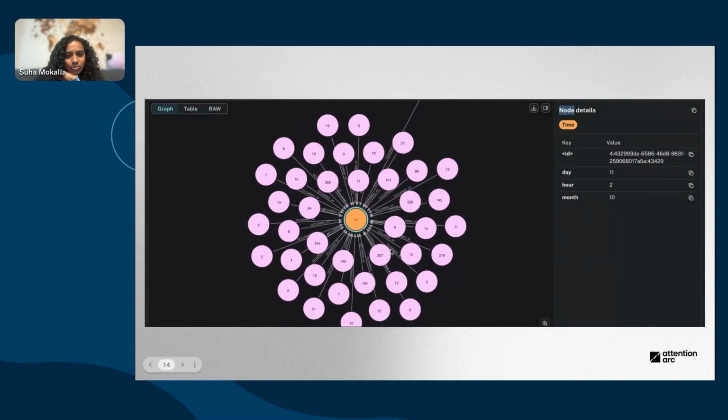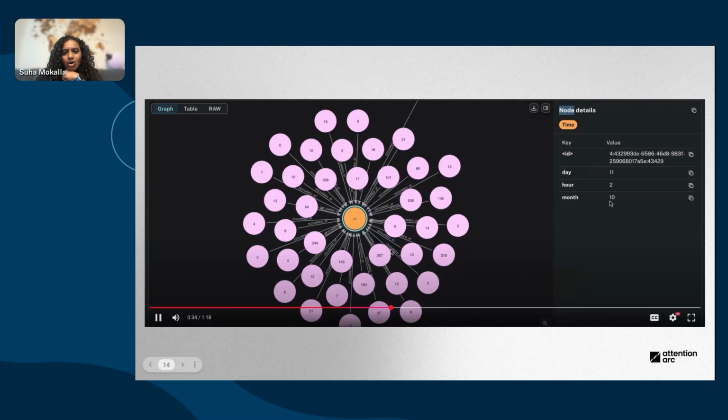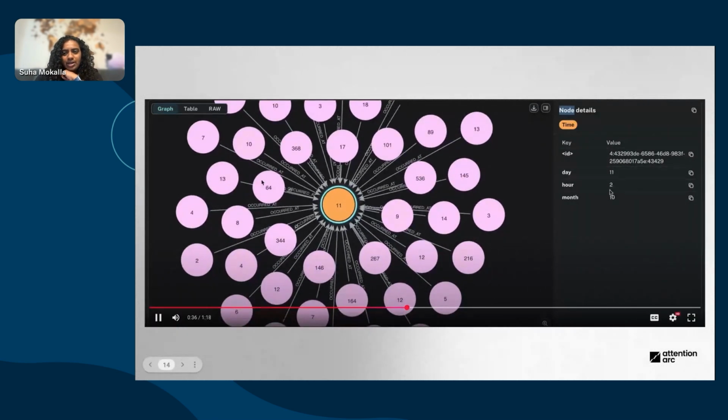And now that we zoom in on it, it's on the 11th of month 10.